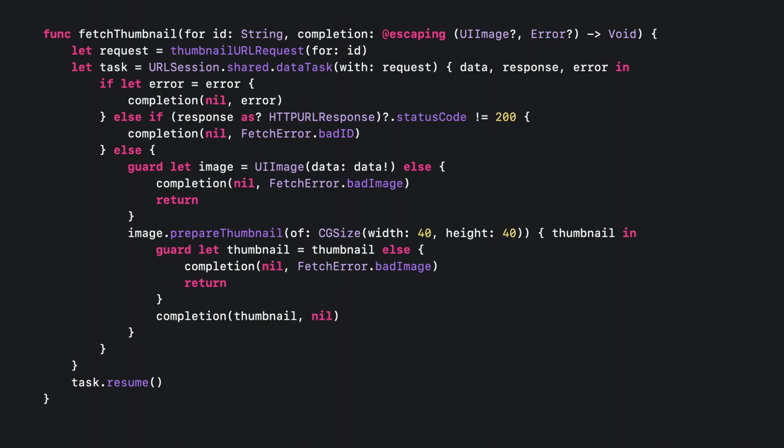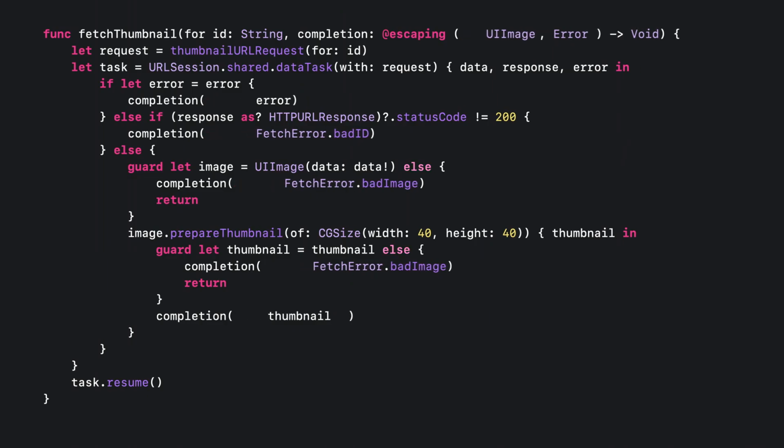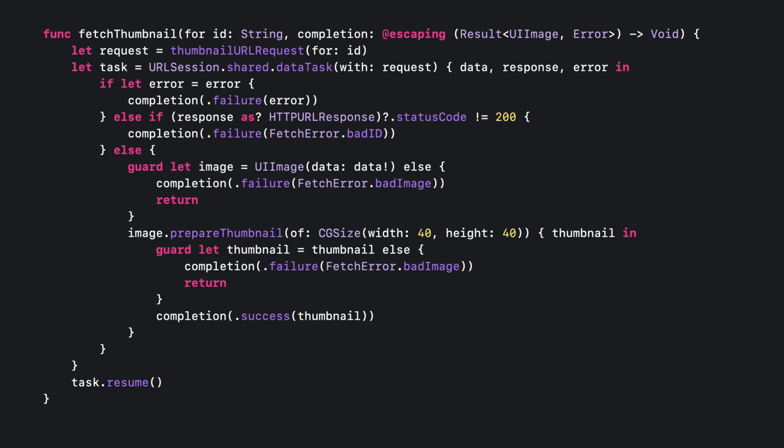Now, there are ways we could have made this a bit safer. For example, we could have used the standard library's result type. And while this is a little safer, it also adds ceremony, making our code uglier and slightly longer. People have also used techniques like futures to improve asynchronous code in other ways. But none of these approaches give us code that is simple, easy, and safe. With async await, we can do better.